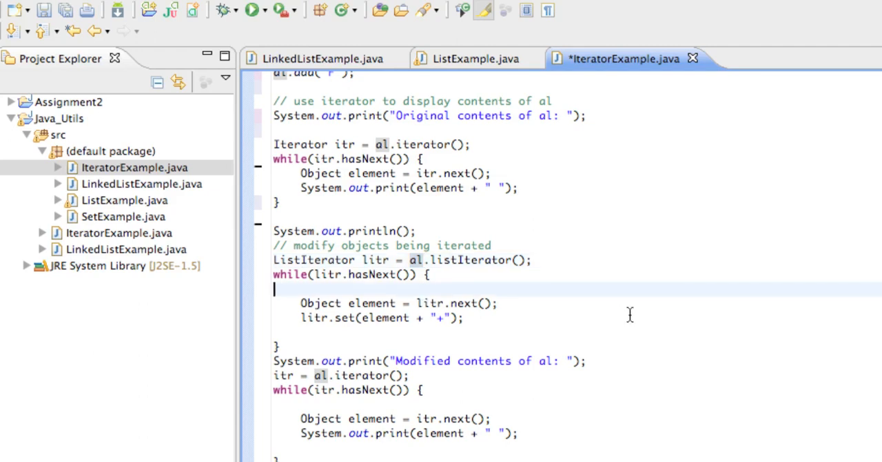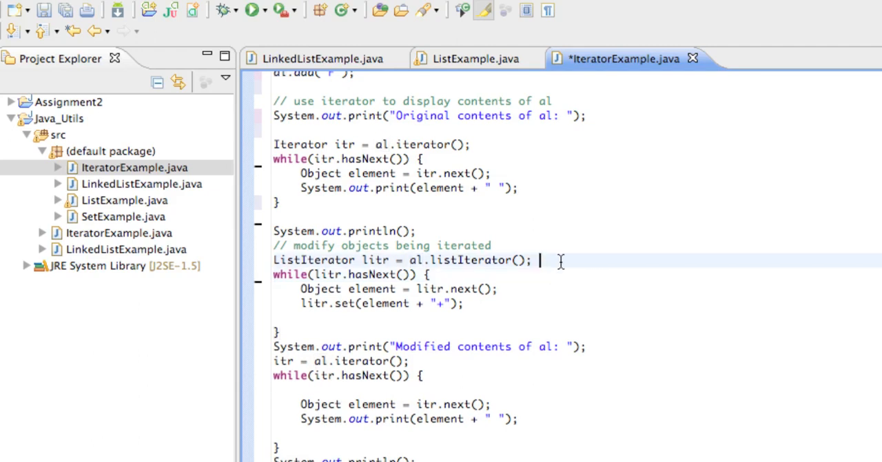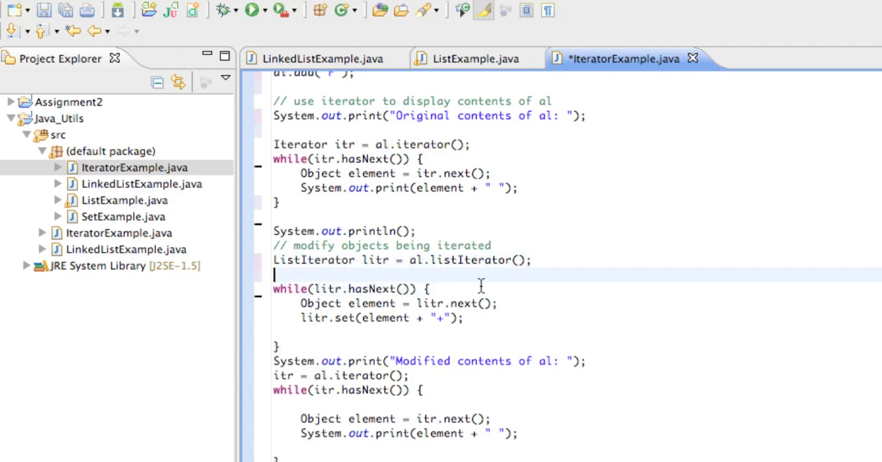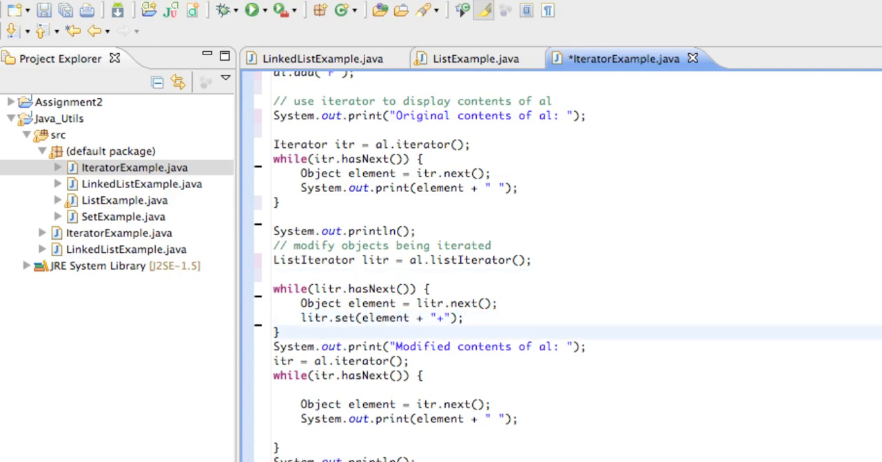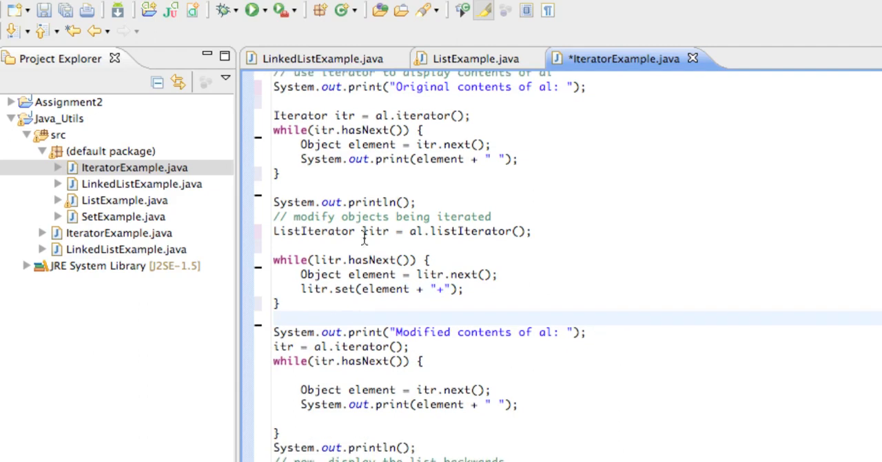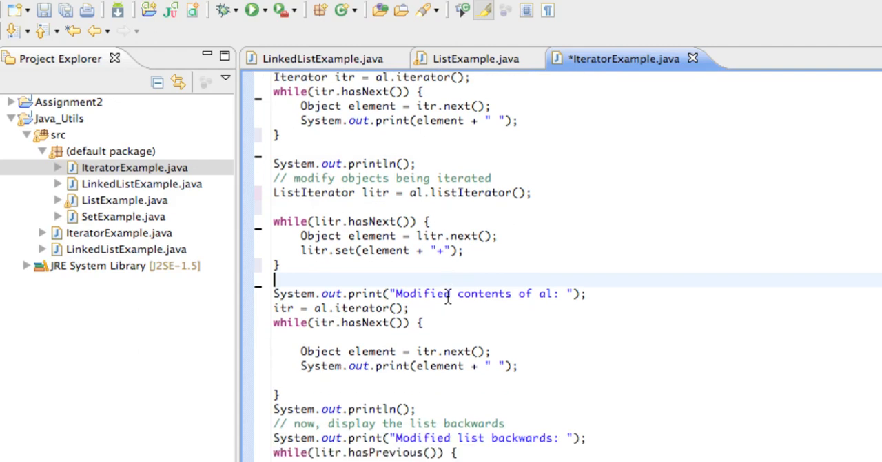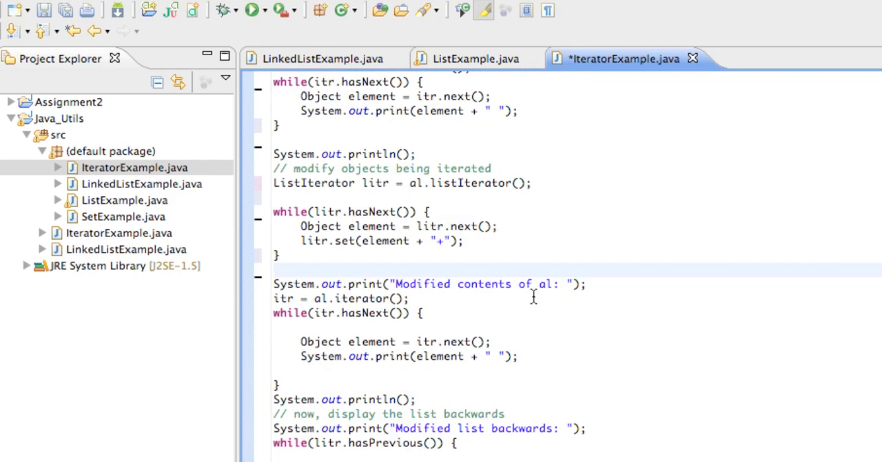So what we have here is another while loop where we're going to say, while the list iterator has items, then the object element is the next one. This is the same as above here. And then print out the elements. Instead, what we're using here is the list iterator, which is going to actually modify. So after we get done with this concept here, we can print out the modified contents of the array list